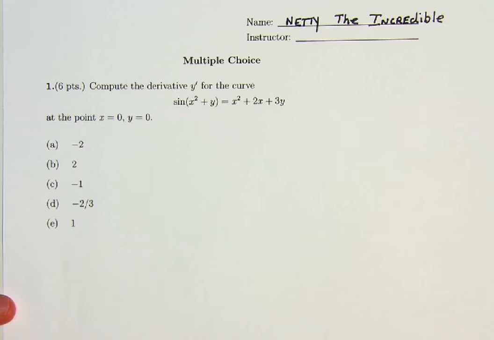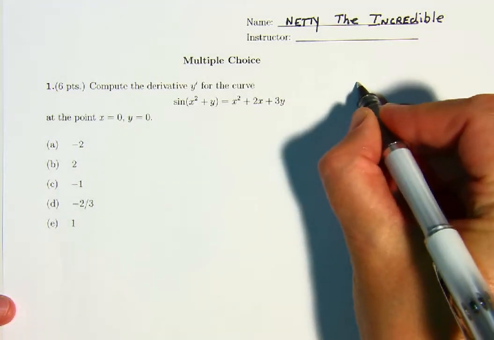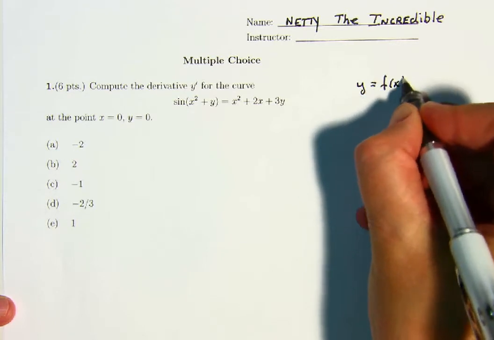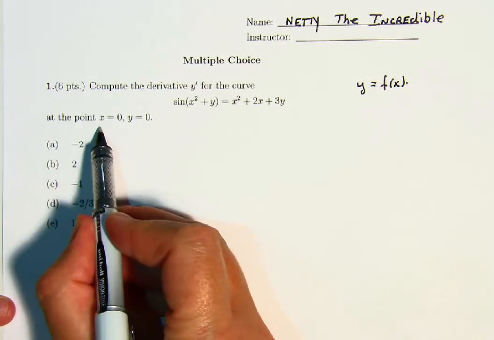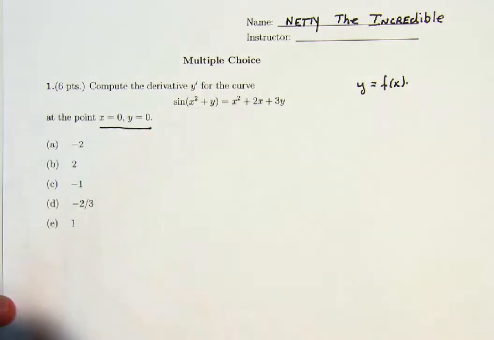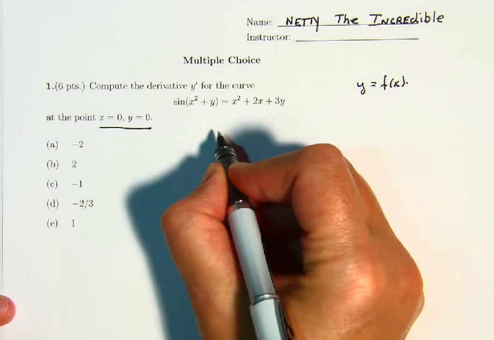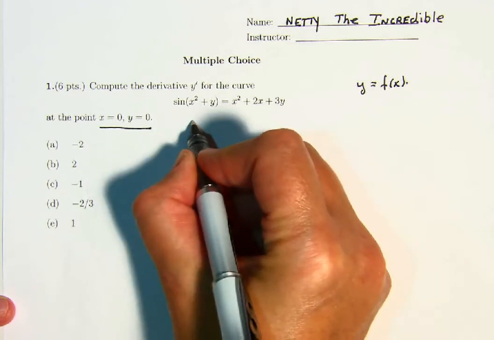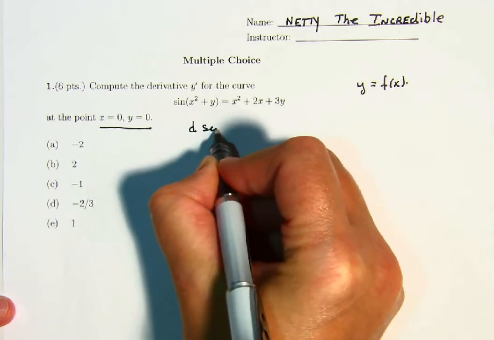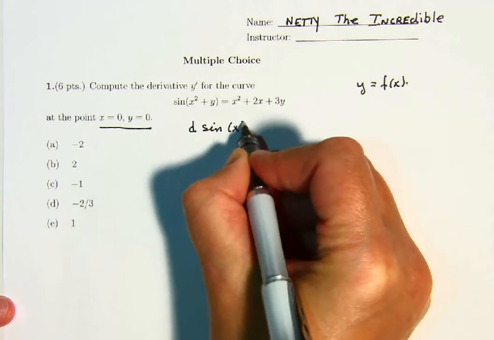We're asked to compute the derivative y prime of this curve, so we're going to use implicit differentiation. And we're assuming that y equals f of x close to the point of interest, which is when x equals 0 and y equals 0. So we differentiate both sides with respect to x, and we get the derivative of sine of x squared plus